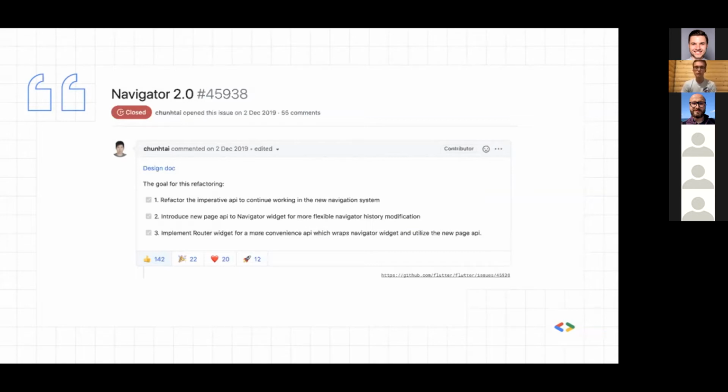There are, of course, more issues and pull requests related to this, because this is a huge overhaul of the Flutter navigation system. But for now, we'll just focus on the Pages API and this new Router widget. Some more complex parts are out of the scope of this presentation.